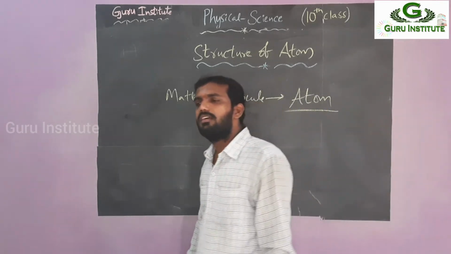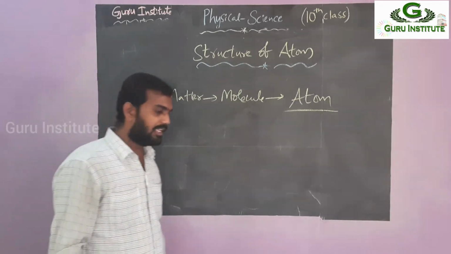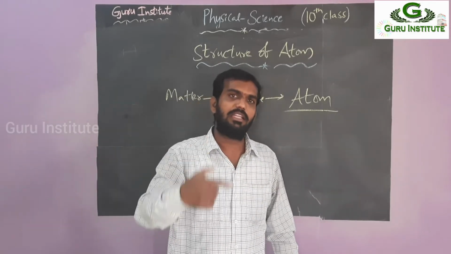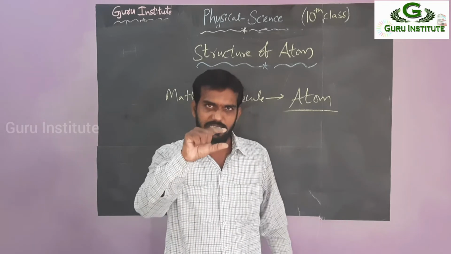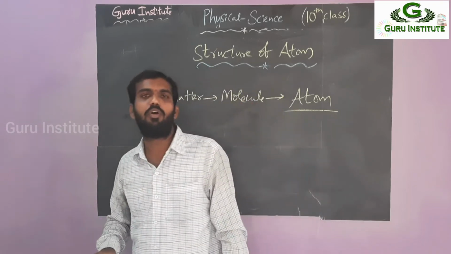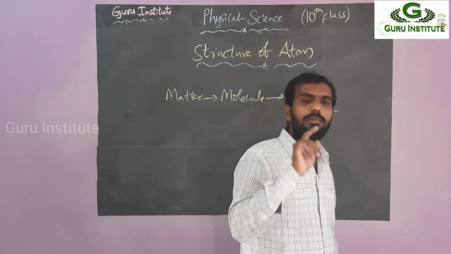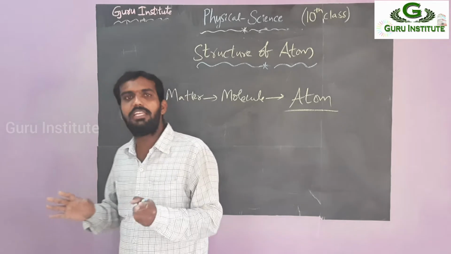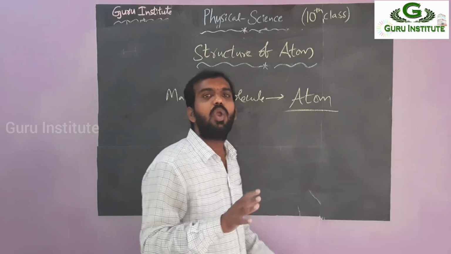And after that, Rutherford did an experiment, the alpha scattering experiment. In his experiment, he took a round tray, and in the middle he took a silver foil, and he sent in alpha rays. He observed that most of the rays above and below passed directly, but at the center of the object they were deviated a little bit. Some returned back. Then he observed that something is present in the middle, and he didn't know what it was. He gave it the name nucleus. So the nucleus was discovered by Rutherford.